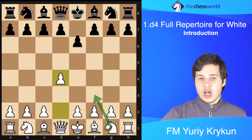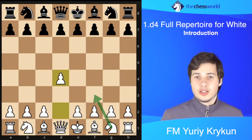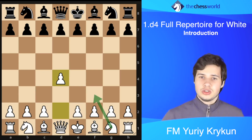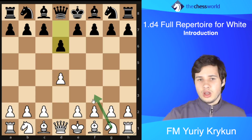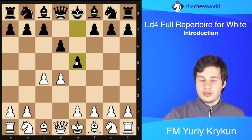Now, there are a couple other transpositions in 1d4 which could potentially drive the 1d4 player a little crazy, or at least annoy him a lot. Such moves include d6 and g6. The reason for that is because here, let's say if you play c4, then after e5 we can get out